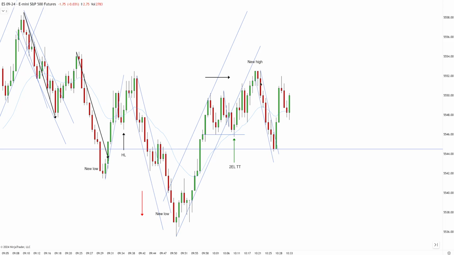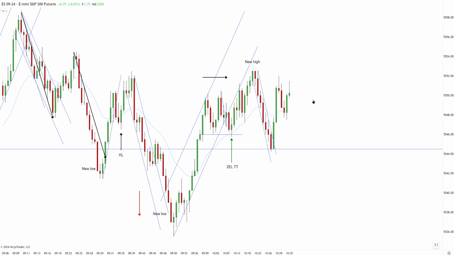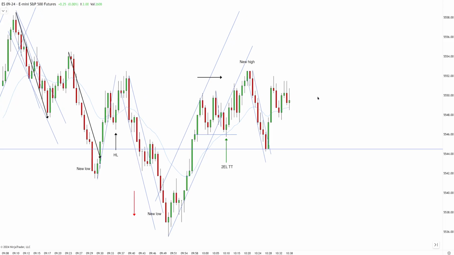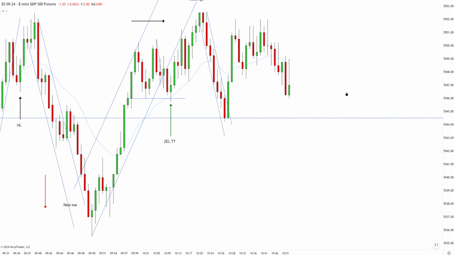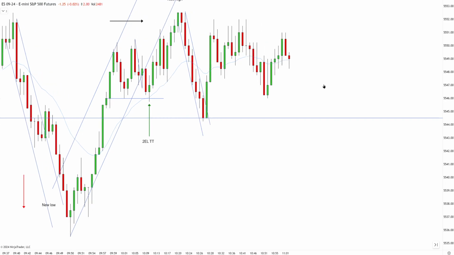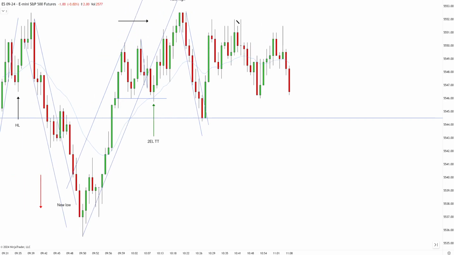So I cannot be looking to sell because we're above the EMA. At the same time, I cannot be thinking about buying because there's no good setup. Uptrend played out, so I simply just have to be patient. Let price action develop a little bit more. Okay, we're going a little bit sideways, and this is important, because your downtrend is working lower, breaking a new extreme,